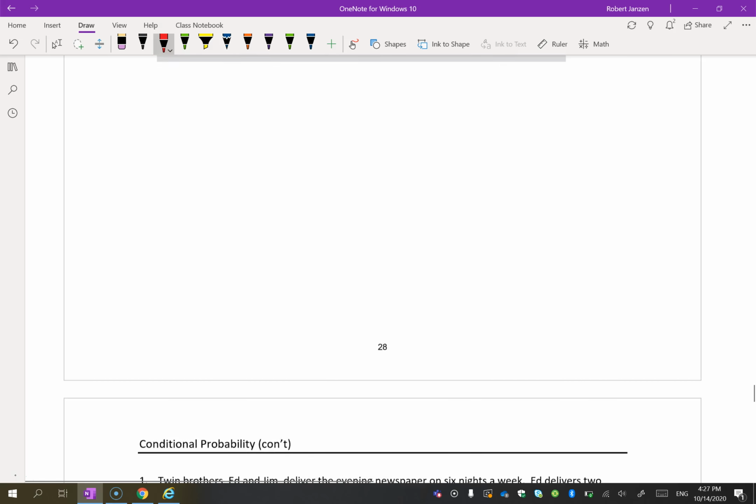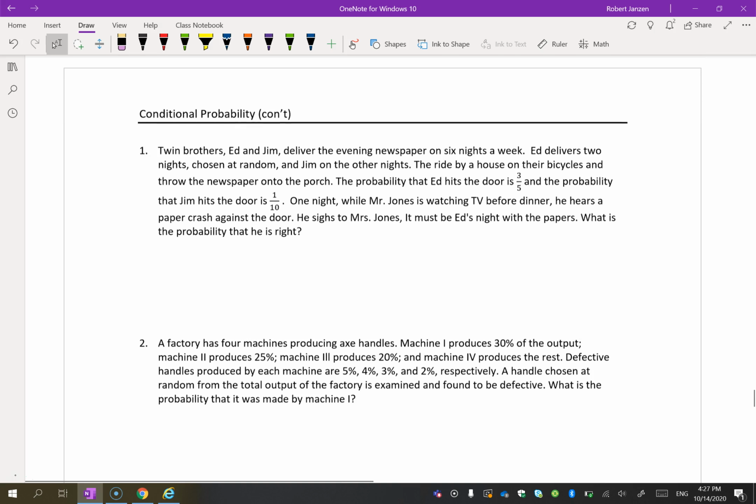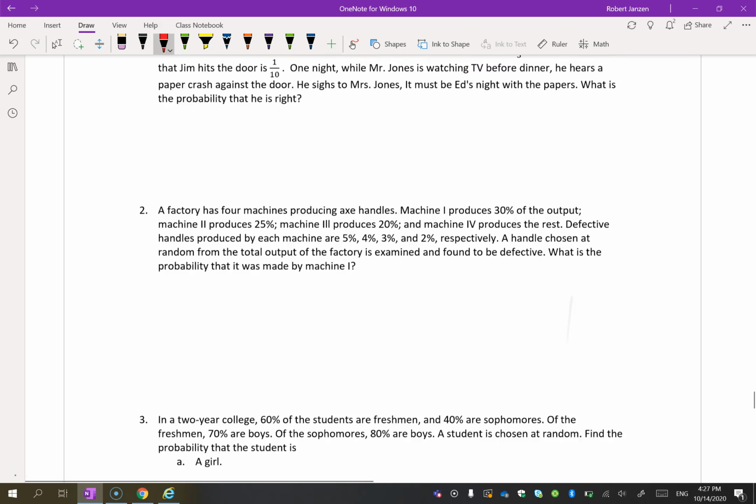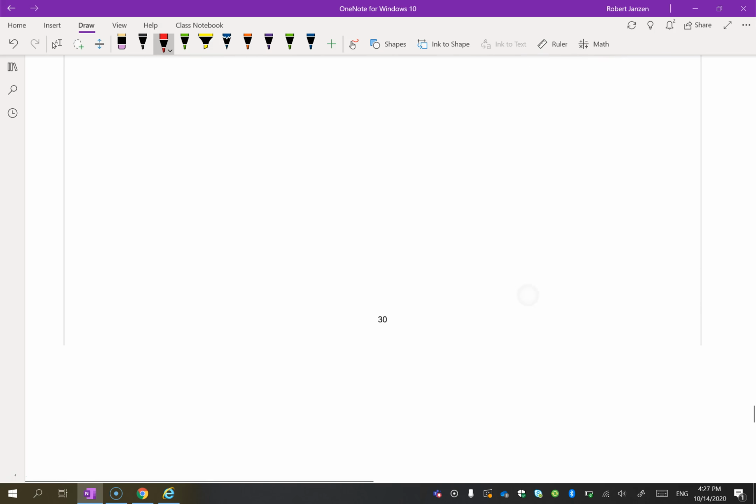As well, you can do this conditional probability. I will post the answers on the My site. Okay, they'll be under the homework for probability. All right, so please do that. We'll now start